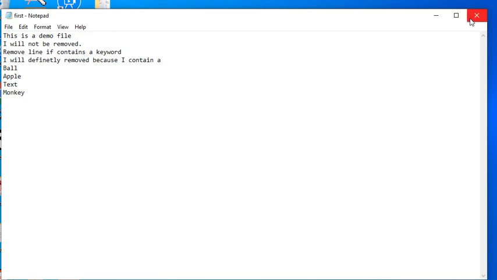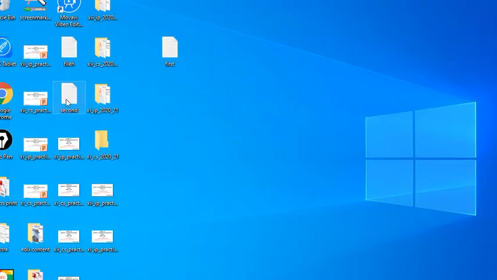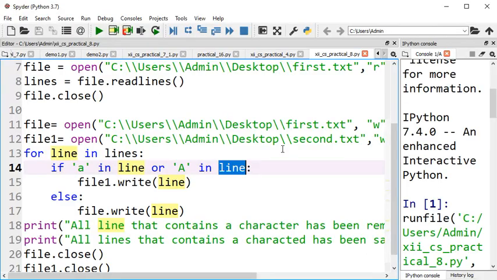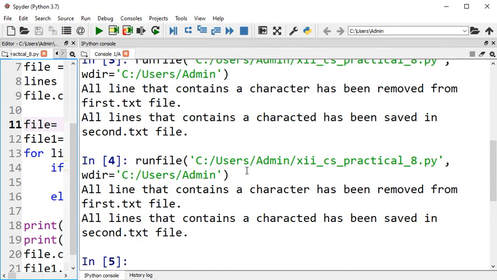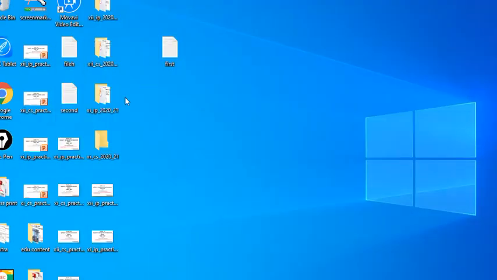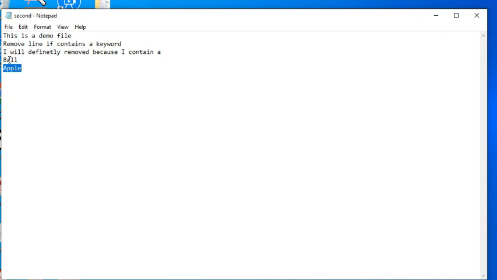Again, I am deleting the second.txt because this file I have cleared. Now I am running this program again and this should correctly remove both capital A and small a. So let's run this. See the message, successfully removed. And now let's open the second.txt and it should have capital Apple. Capital Apple is also there.